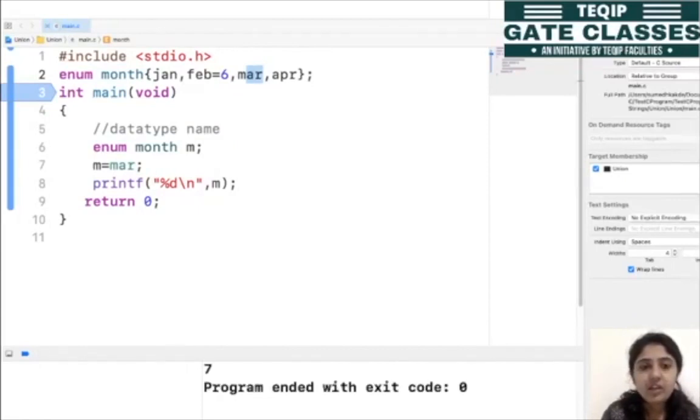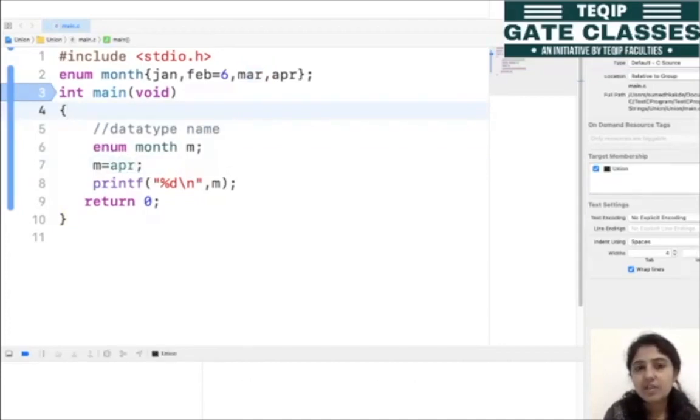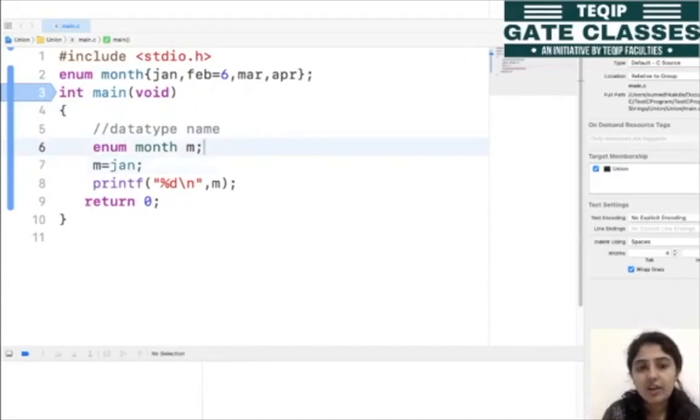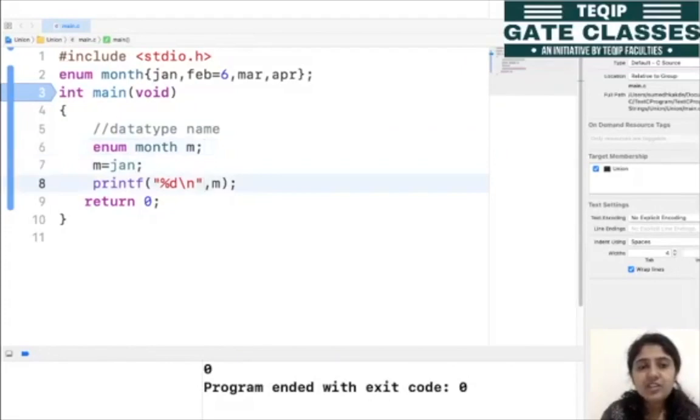Okay, right, so this is 7. So if we want to print this April, so for April we'll get the output as 8, है ना? So as this is 6, this is 7, this is 8. Okay, so we can assign the values to this enum names in any order, and for this unassigned values, so this enum names can take the values for the previous values plus 1. So in this case if we want to print the January, so for January we have not assigned any values, so compiler will assign the 0 and we'll get the output as a 0. Okay, so this is about our second feature.